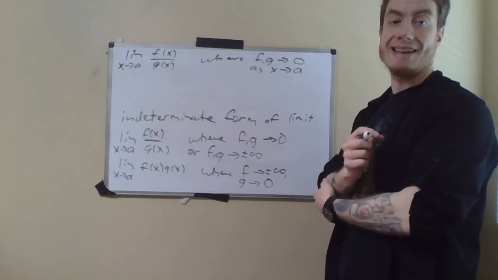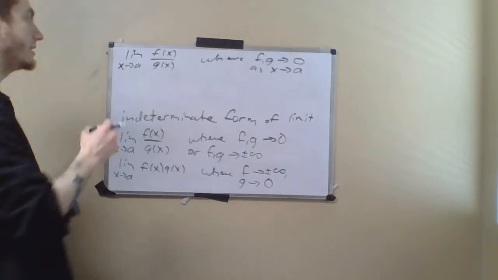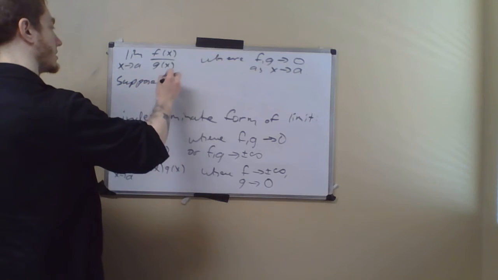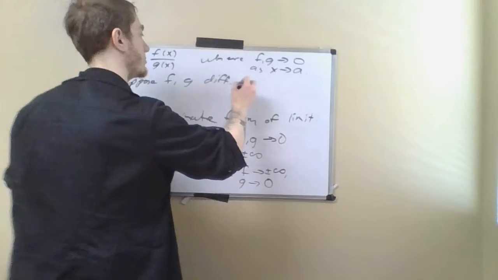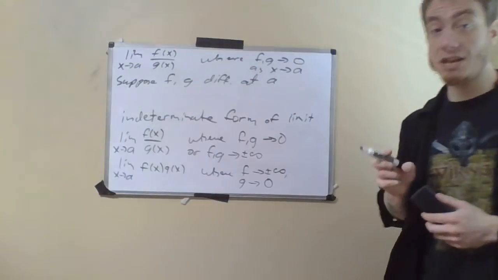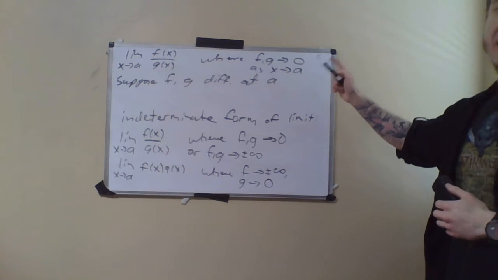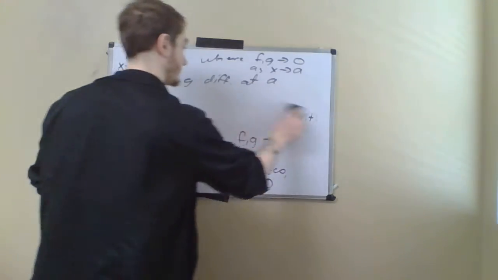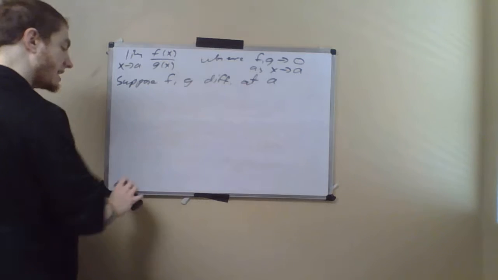Supposing here that f and g are differentiable at a. Now, of course, this also means that they are continuous at a, and therefore that f of a and g of a are going to be equal to 0. In that case,